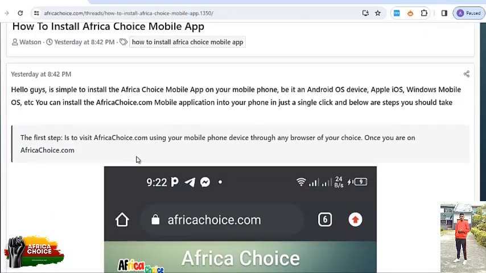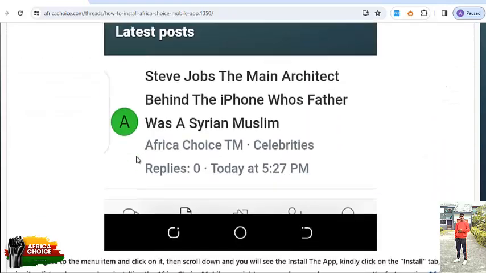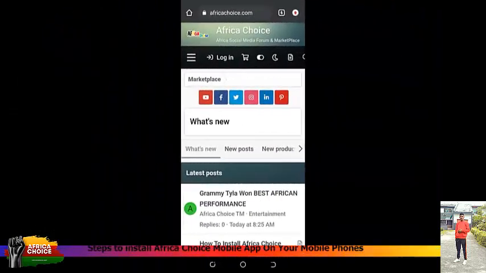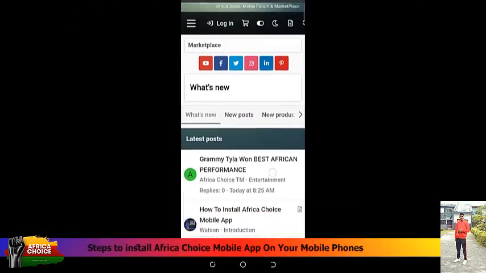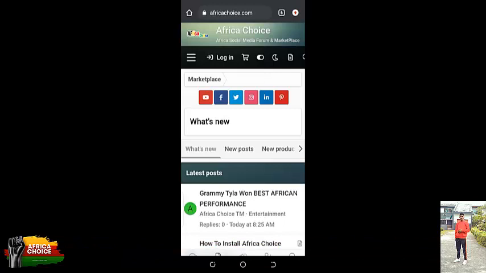Let me go to my mobile phone to get that done in just two steps. Here are the steps to install the AfricaChoice mobile application on your mobile device. Irrespective of the iOS you're using, just pick any browser on your mobile phone and type